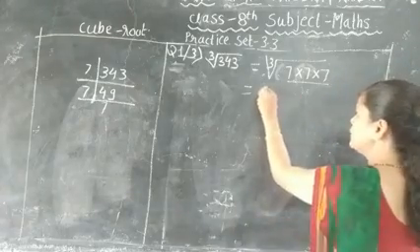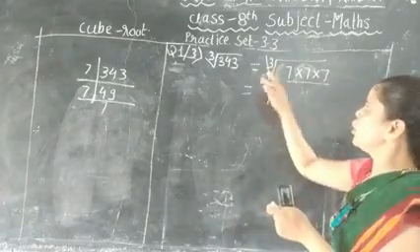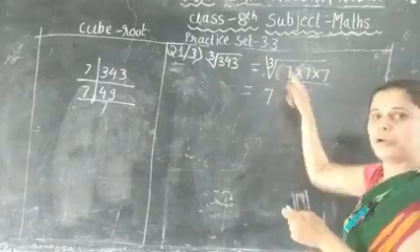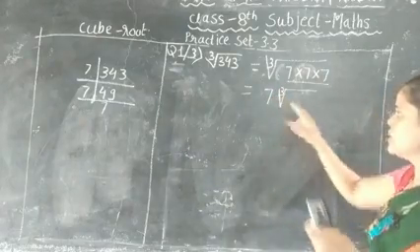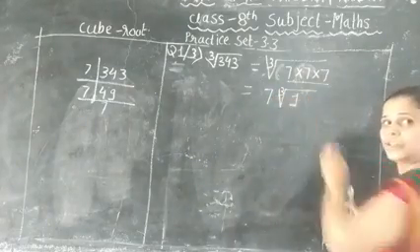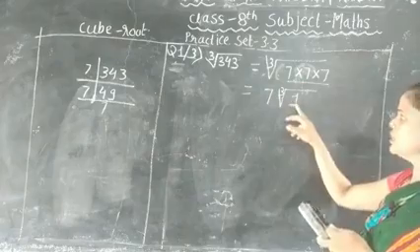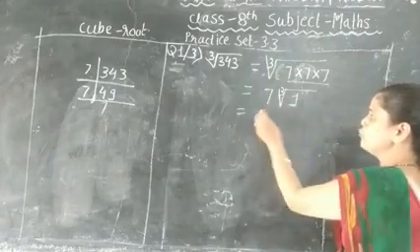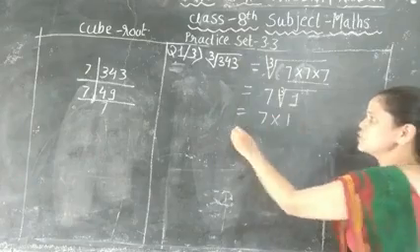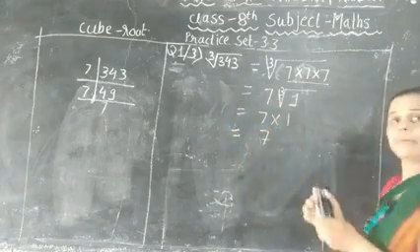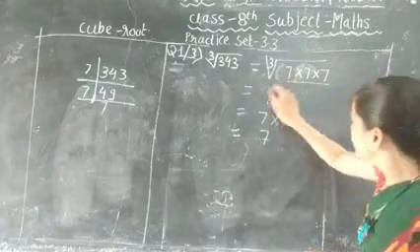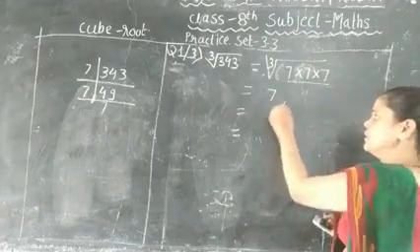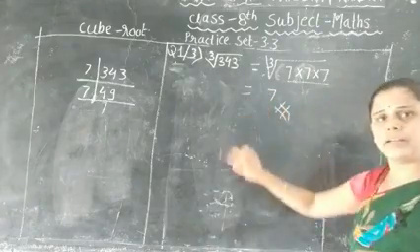So you can write this 7 outside of this cube root symbol. And which number is remaining inside the symbol? That is 1. No number here. So this is 1, and cube root of 1 is 1. So you can solve this problem in this way. Or if you write here directly 7, then this is also right.